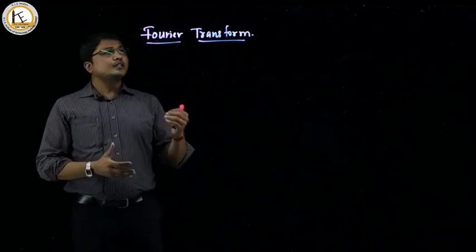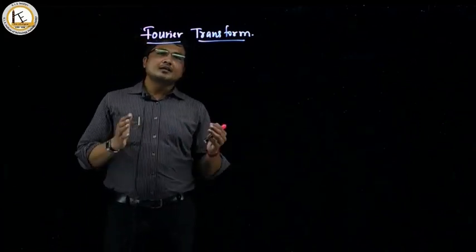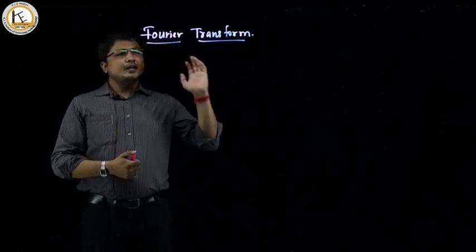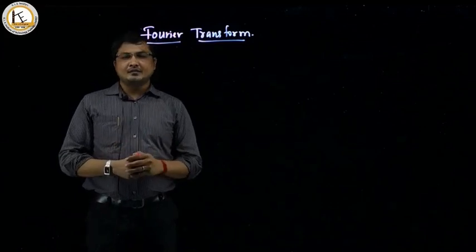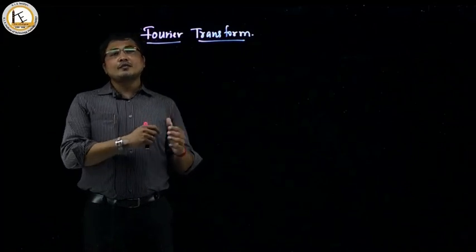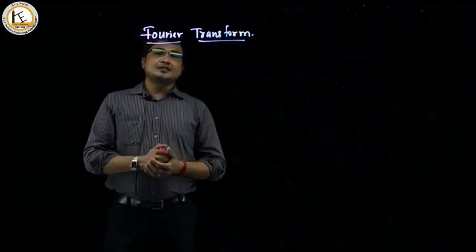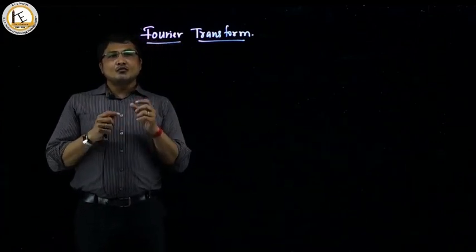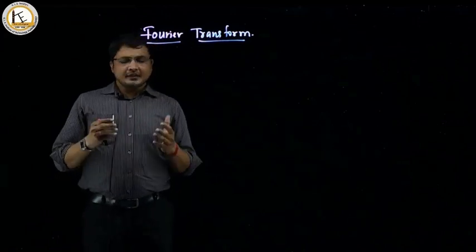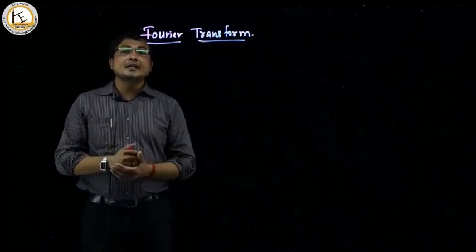An example for this Fourier transform is, think that you are traveling on a road and some thieves took your pocket and ran away by their vehicle. Suddenly, your friend beside you took a photo of that vehicle, and when you saw it, you came to know that the photo is a little bit blur. Obviously, when the photo is blur, we cannot see the image properly, or we cannot read the number plate